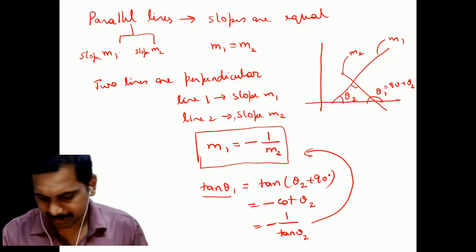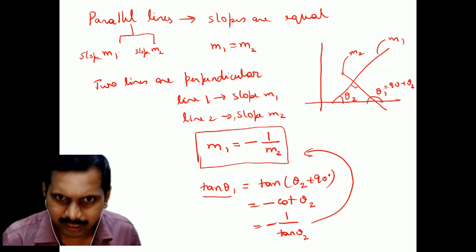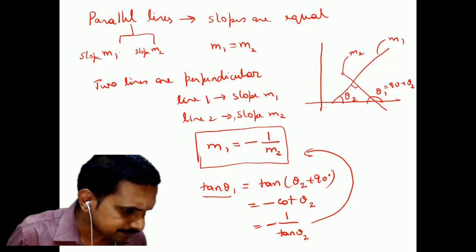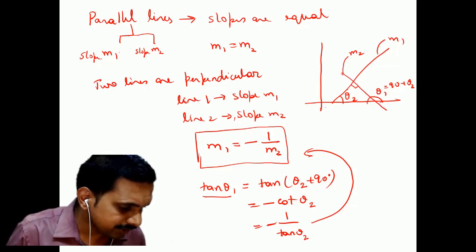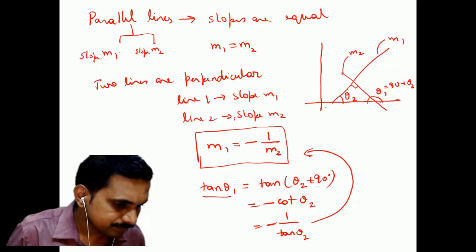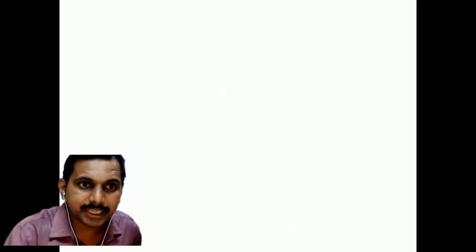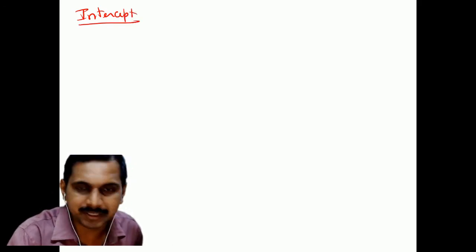You may say, sir, what is this? It's very easy. It's easy, I do agree. But what is wrong in refreshing this? Correct? Agreed, students? Now, let us go. Any doubts here, students? No, sir. Fine. Next one, after slope, we will see what is called intercept. Very easy, what is intercept, is it not?